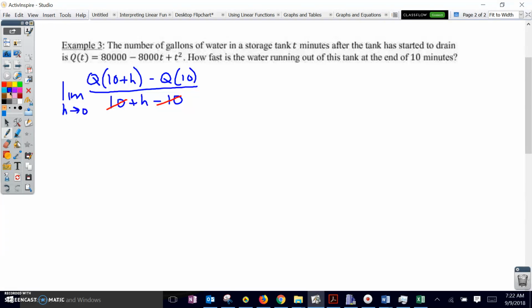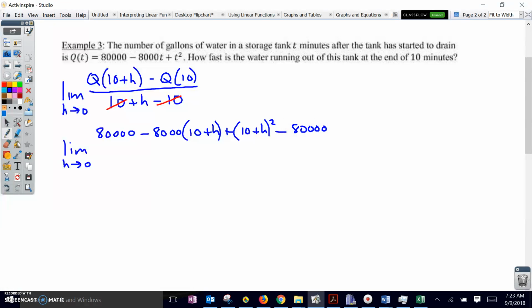And so, the limit as h approaches 0, and then I'm going to put 10 plus h into the function. So we've got 80,000 minus 8,000 times the quantity 10 plus h plus the quantity 10 plus h squared minus Q of 10, which is going to be